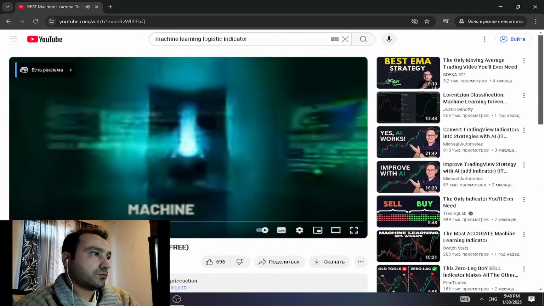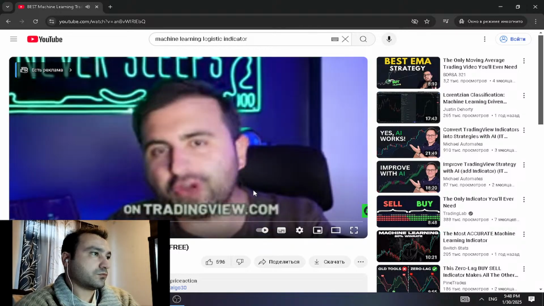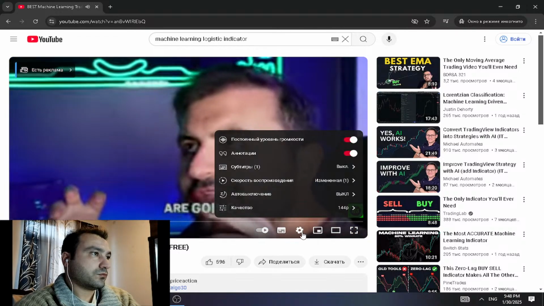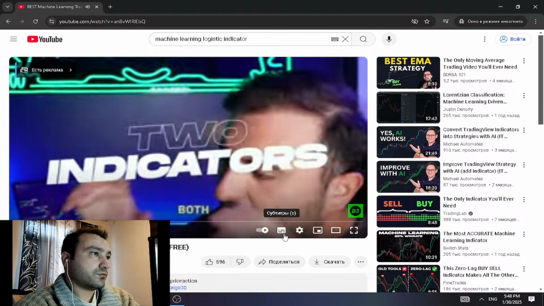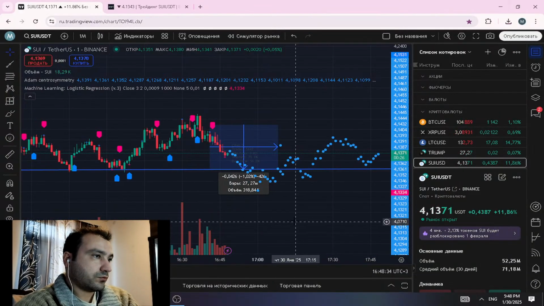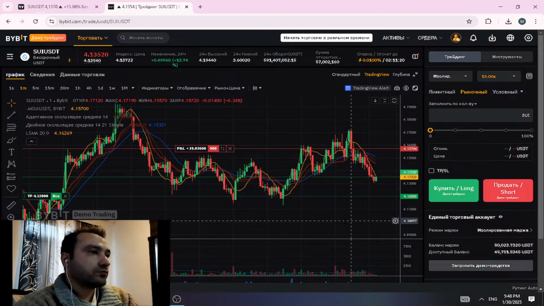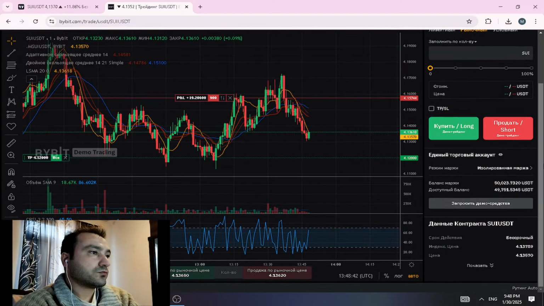This is the best machine learning indicator and it also has the most favorites on TradingView.com. So we are going to use two different indicators and both of them will be free to use. Now we will go to the indicators tab and search for Lorentzian and you will see the indicator from Jdehorty, Machine Learning. Click that on your chart